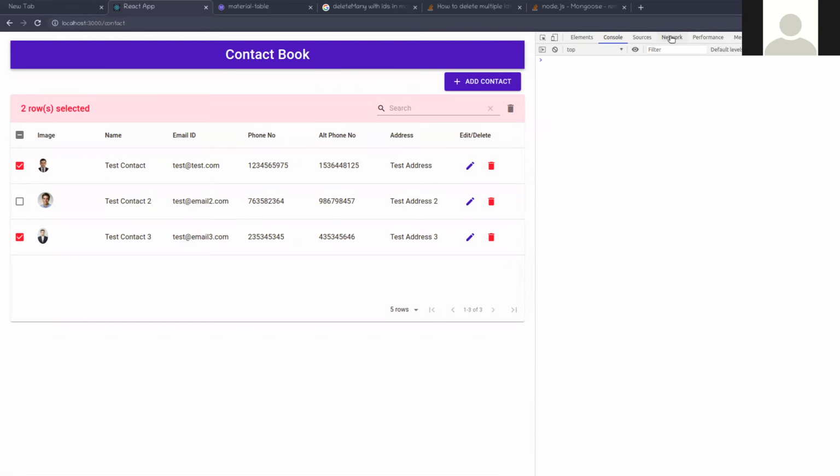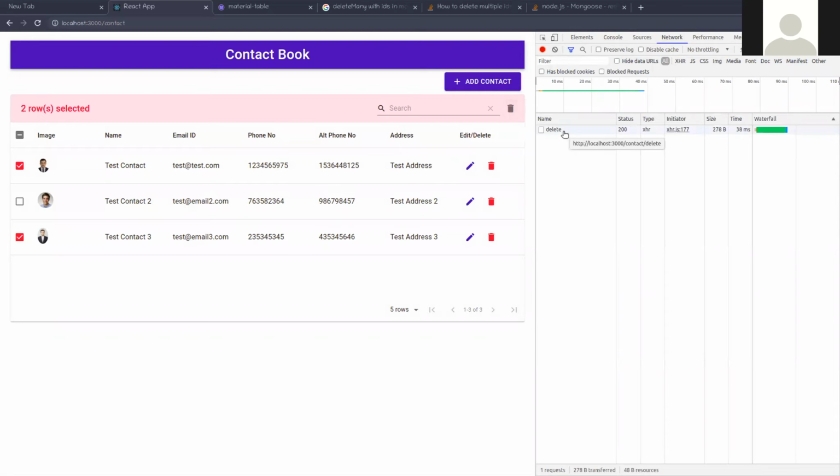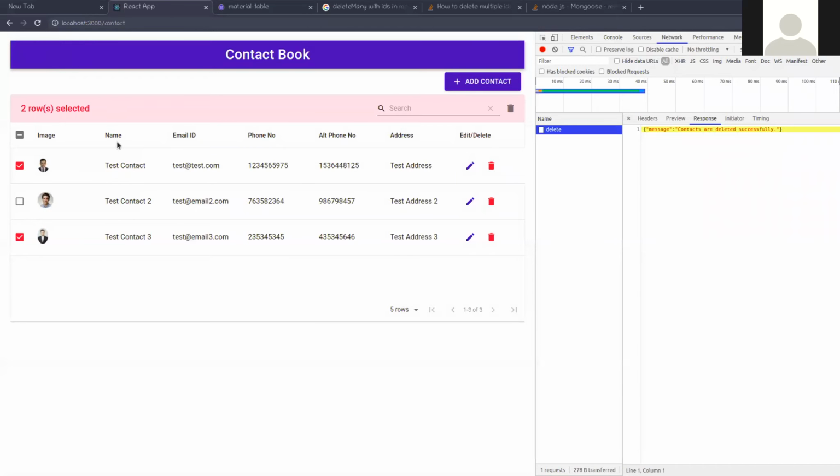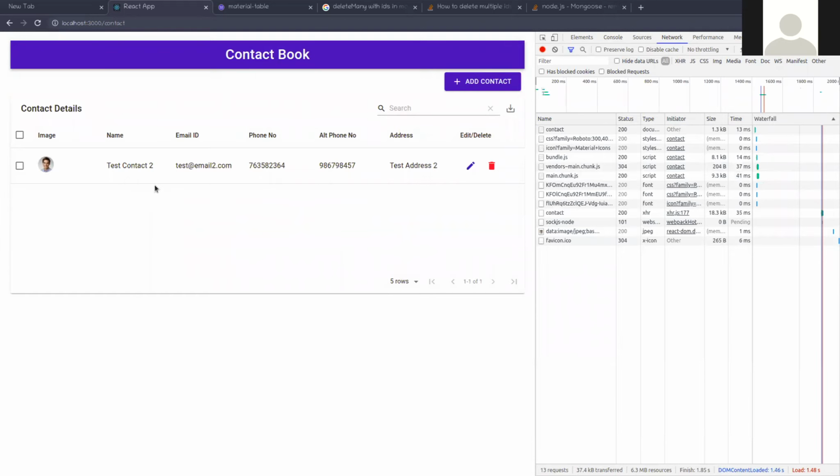Okay, so check, click on this button. So delete is done, but this method is not working. Yeah, delete is done, but this one is not working.